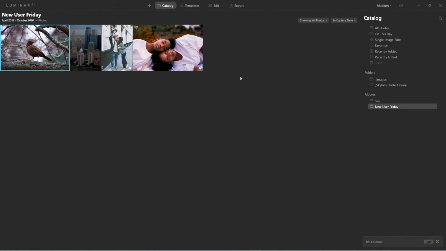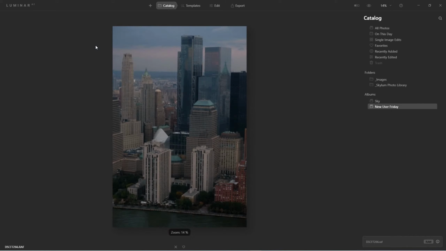All right. So here I have a few of my images that I'll start with. I started with this image right out of the camera. It looks good, but it's lacking detail and contrast. So instead of starting with templates, which is the first place I'd recommend for new beginners to begin,